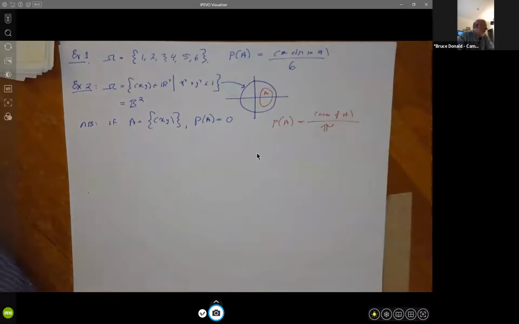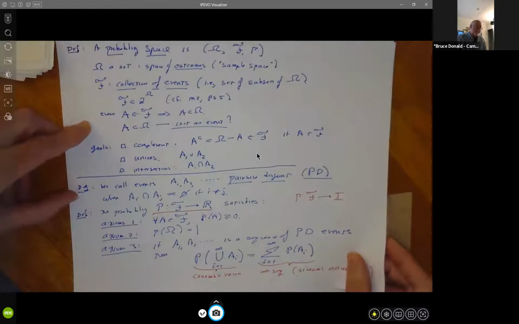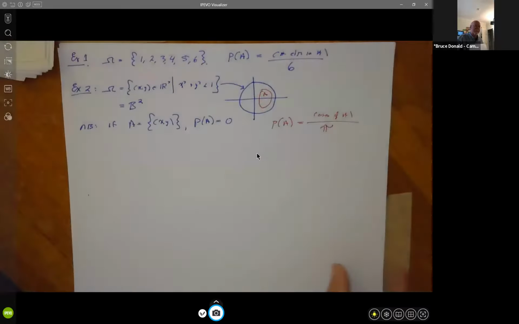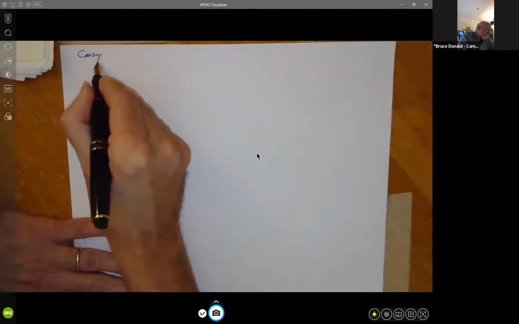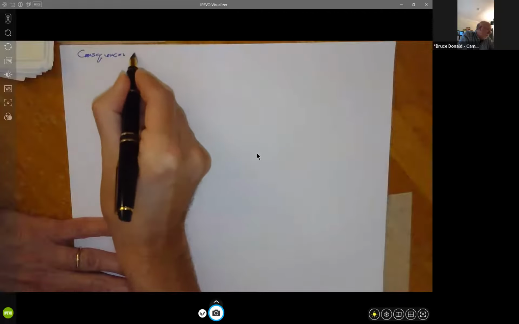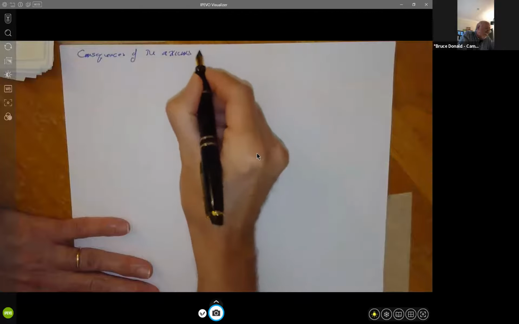Okay, now the next thing we'd like to do is be able to compute some things with these axioms. These axioms are a little bit abstract, although extremely powerful, it will turn out. So I want to be able to take these ways of setting a probability and give you some formulas that you can use to compute probabilities, and we'll prove some of them. Other ones we'll ask you to prove. So let's actually do that now. All right. So I'm going to call these consequences of the axioms of probability.